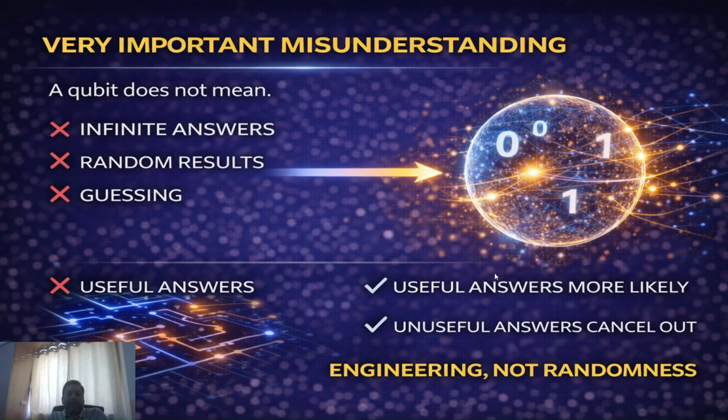Now reflect on it for a moment. This is very, very important, right? Understanding is important, but clearing misunderstanding is very important. When I say qubit, it doesn't mean it gives me infinite answers. No. When it takes a final form, it is only giving me one answer. It is not giving me random answers. It is giving me that specific answer when it is dealt with a specific approach or a process, which we will see a little later.